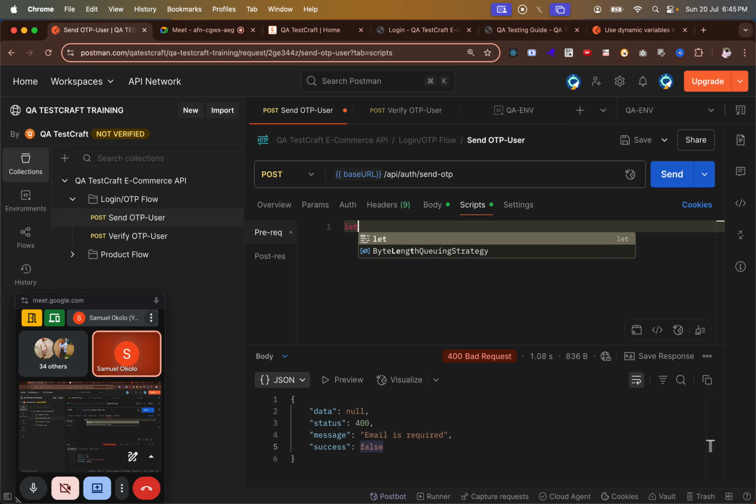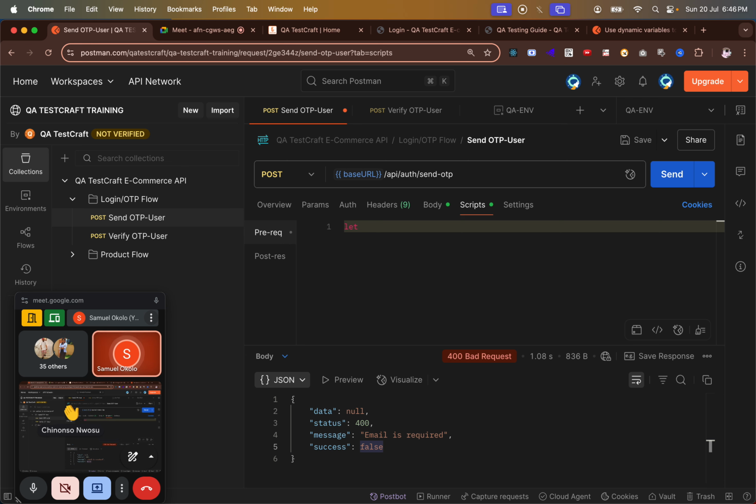Let's remember in our week 4, we talked about all these JavaScript variables. In future curriculum, I think week 6 or week 7, I can't remember, we have a JavaScript course where you will understand better this let, const, and how to actually use variables. When you want to create a variable in JavaScript, you use let or const. Initially we were using var, but we no longer use var, we now use let or const. So I want to create a variable,